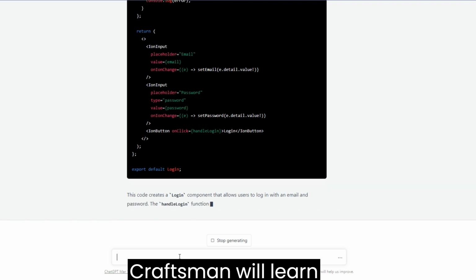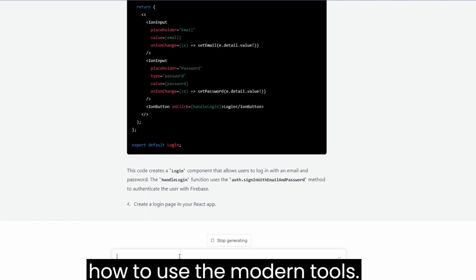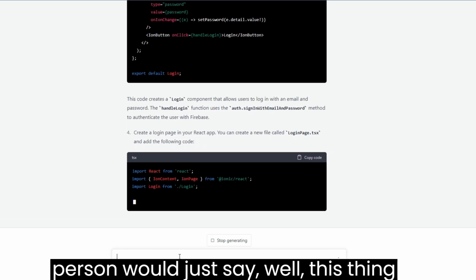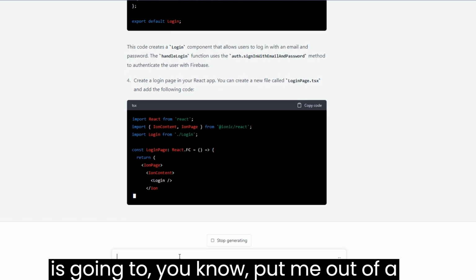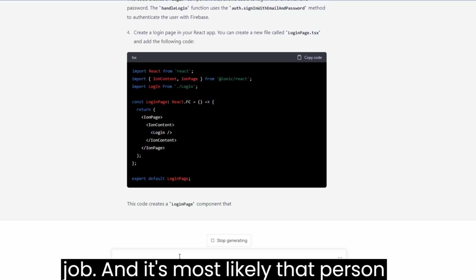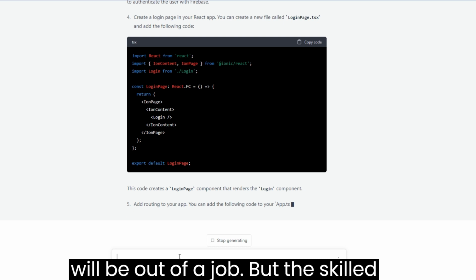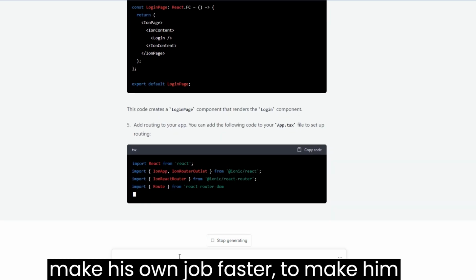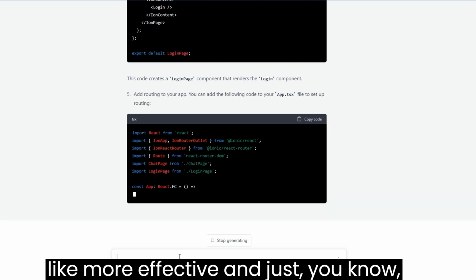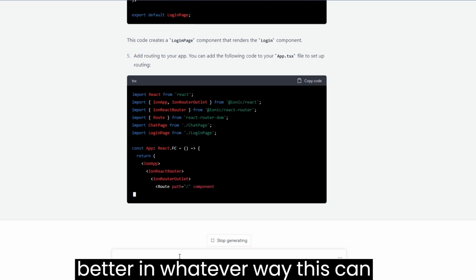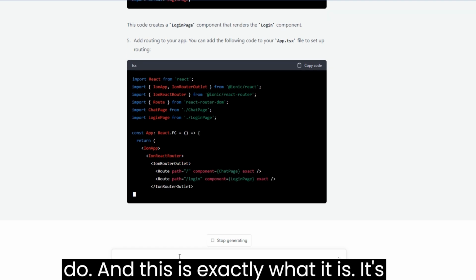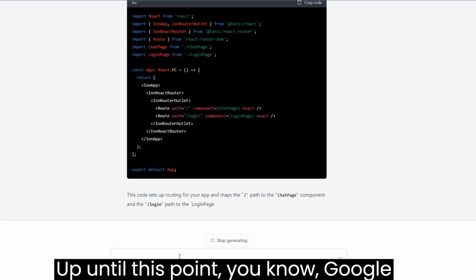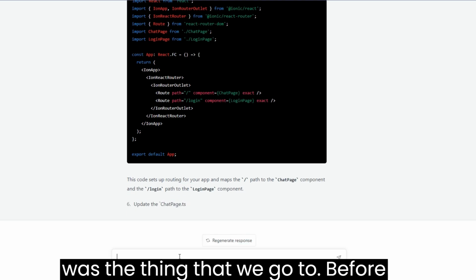The craftsman will learn how to use modern tools, whereas just the normal person would just say, well, this thing is going to put me out of a job, and it's most likely that person will be out of a job. But the skilled craftsman will see this as a tool to make his own job faster, to make him more effective, and just better in whatever way this can do. And this is exactly what it is. It's just a tool. Up until this point, Google was the thing that we go to. Before that,